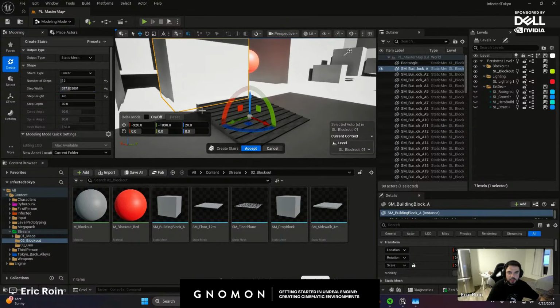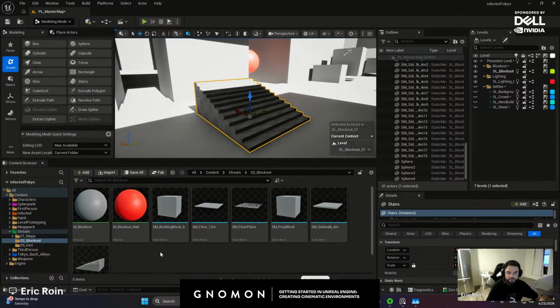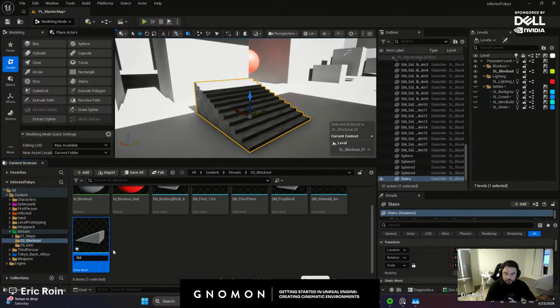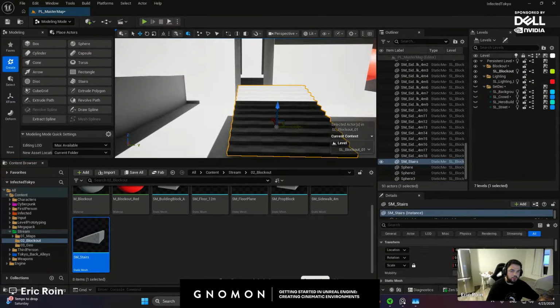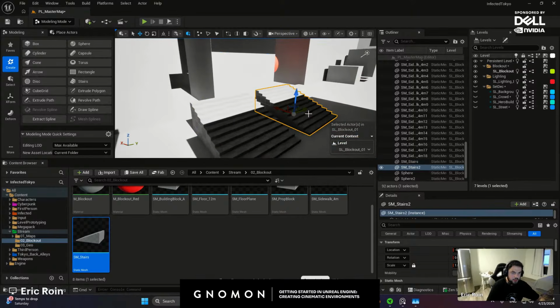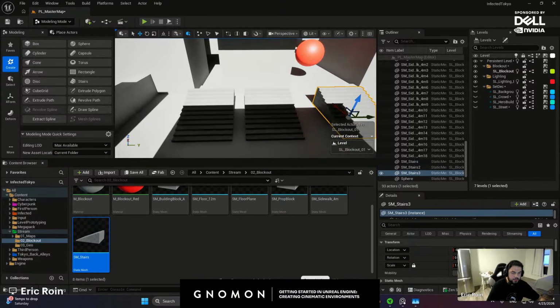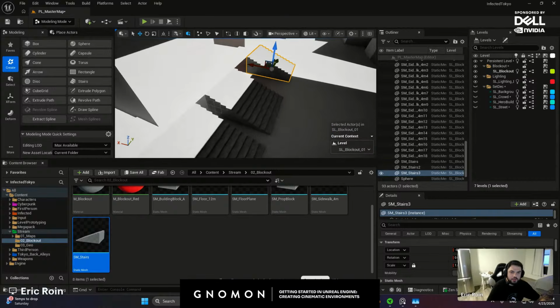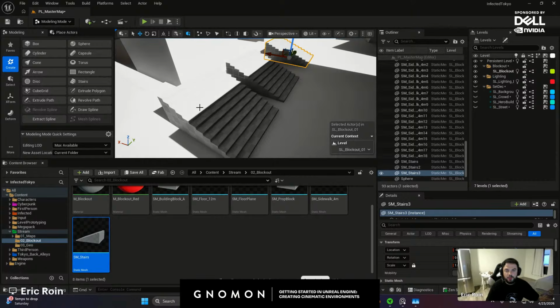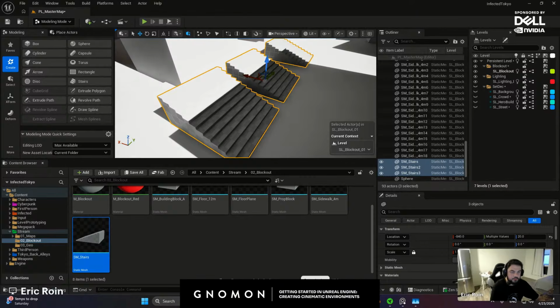Cool. And then once you create and are happy with that shape, let's make those stairs a bit taller. Once you're happy with that shape, you just press accept, and it gets fed right into your outliner. So now you can utilize this not just once, but many times throughout your projects. And the cool thing is that it's all instance based, right? So if you have multiple stairs, you can still export them to Maya or Blender, model them out, do the proper UV topology, all those things that take a lot of time to do properly, and then bring them back and just replace your stairs. So I think that's the biggest benefit of doing your blockouts in Unreal.